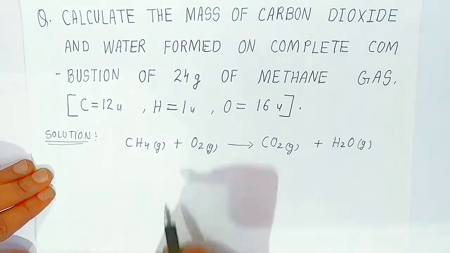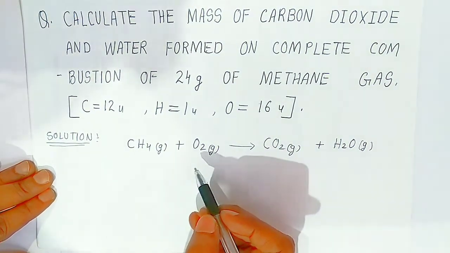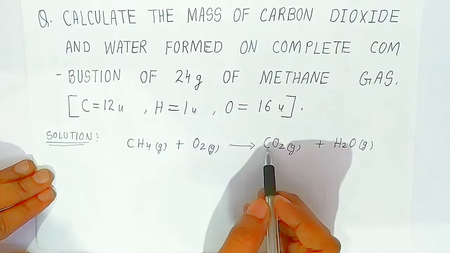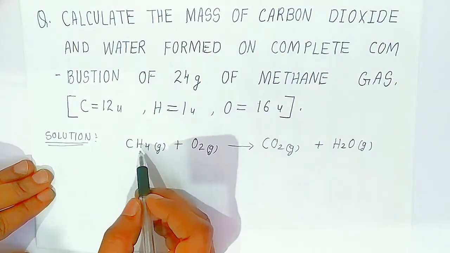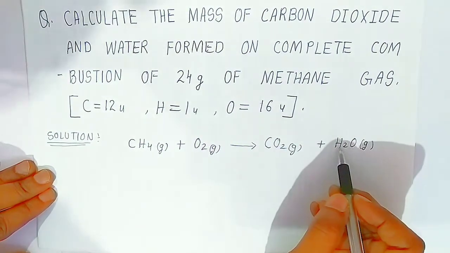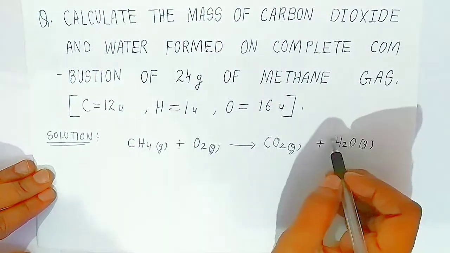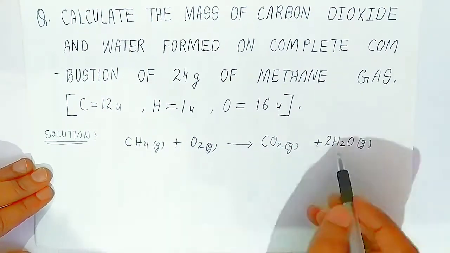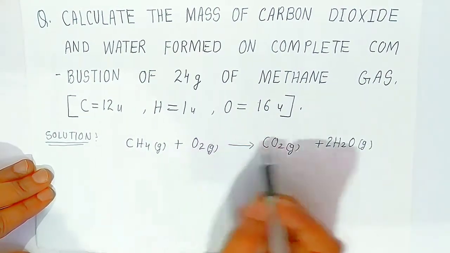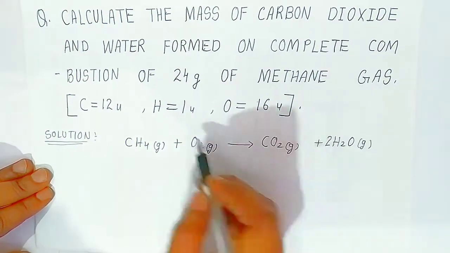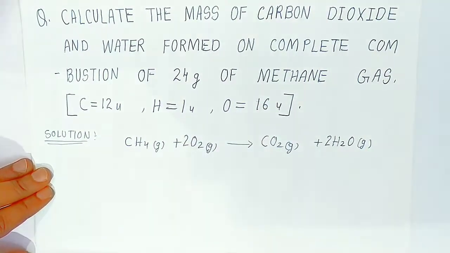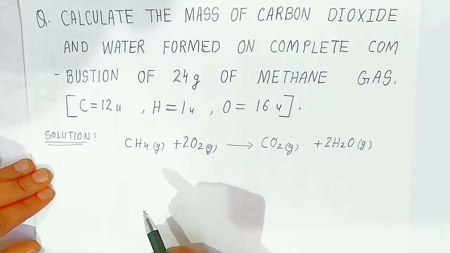First we are going to balance the carbon. Here there is one carbon. Hydrogen is 4 on the reactant side, and here you have only 2. So to balance this, you have to write 2. Now, when you see the oxygen on this side it is 2, and on the product side you have 4 oxygen. So you have to balance them. This way you have to balance. After balancing, you write down the